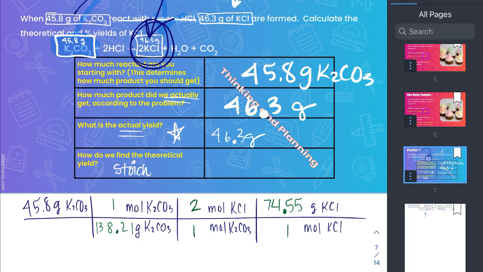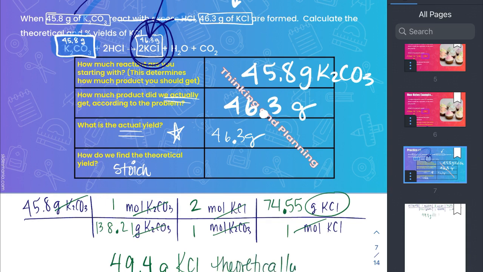All right, final step here would be to cross out our units. Make sure everything looks good. We got grams of KCl. And now we're going to calculate. So we're going to multiply across the top. Here we go. 45.8 times 2 times 74.55 divided by 138.2. And I get 49.4 grams. Now, I'm going to specifically label that grams of KCl